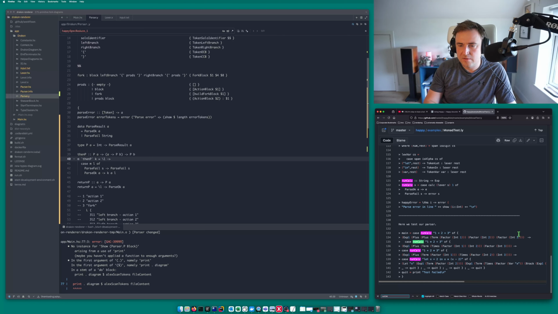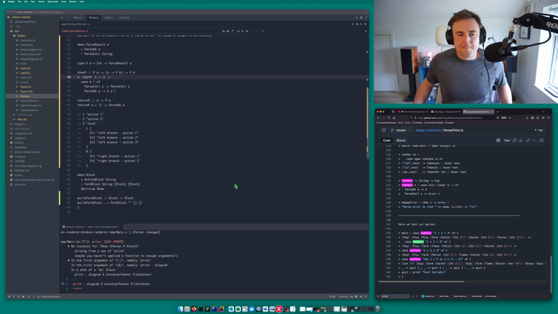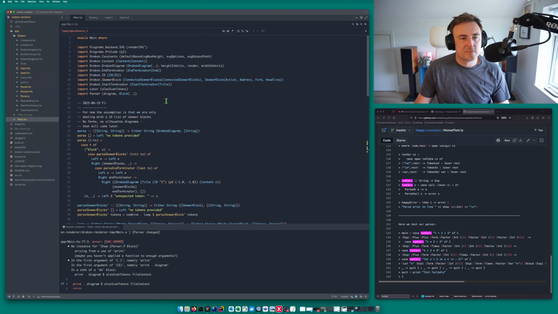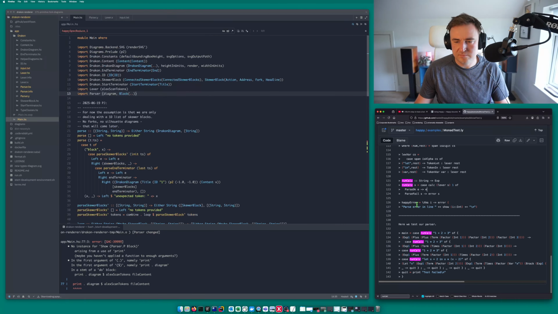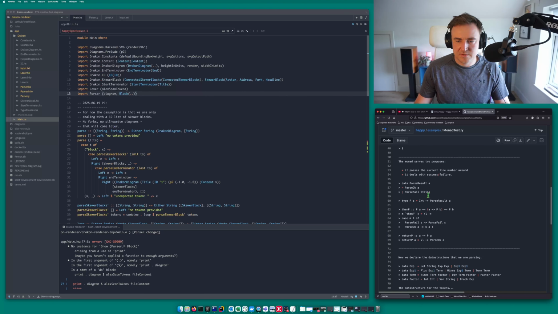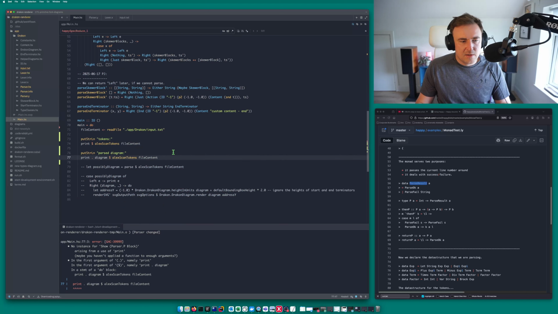Run calc. So we need parse result. And now, Haskell tokens.